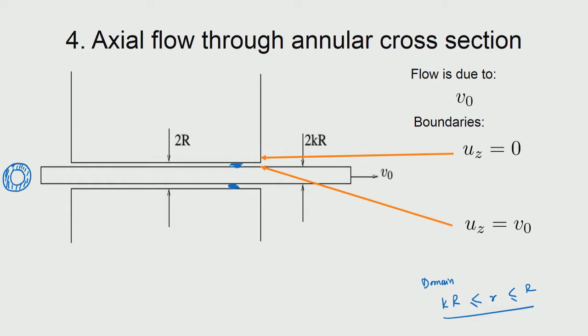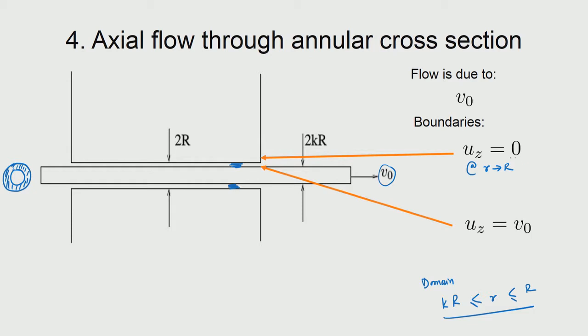So, the liquid is actually flowing because the inner shaft is being pulled out at a velocity v naught, and because the liquid would get stuck to both the walls because of the no slip condition. So, there will be a shearing of the liquid. So, velocity gradients are being set up. So, the boundary condition on the upper wall, this is at r is this.